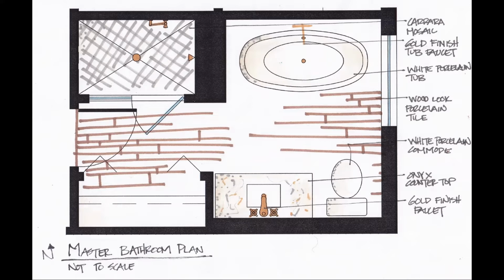And so you can see that we have taken the elements and principles of design that we saw in that visual reference, such as natural textures, some contrast between light and dark, manipulation of scale because we've got some small mosaic tiles and some large wood planks. And we've started to apply those to this floor plan. Now, this floor plan is what we call, once again, a very, very loose, sketchy floor plan here.